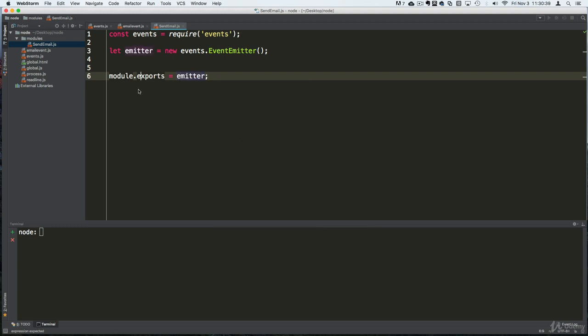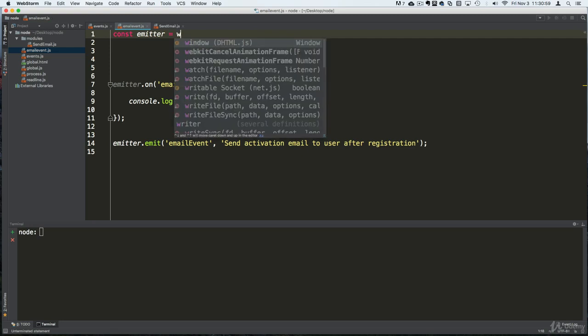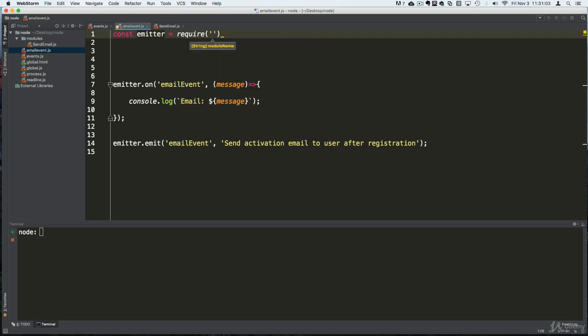You can use that notation when accessing this exports object, and anything that you're using objects for, you can use it with this. So in here, all we have to do is say something like const emitter, and let's just require it. Now, we have been loading built-in modules, so we didn't have to put the path, but when we are doing custom modules, we need to put the path. I'm going to put dot slash just to signify that it is at the same level where I want to find this folder. Okay, modules, and the file is called send email. We don't have to put the .js. And now